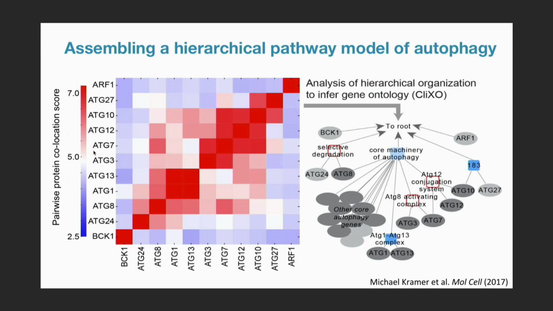Having done that, we can now look at the cluster structure in these matrices, or networks equivalently, that one can construct. Many people in this audience are very good at looking at these heat maps. At some point in your bioinformatics career, you become very good at it, and already the eye can see that there is a cluster here, ATG 27 and 10. But look, ATG 10 is in an overlapping cluster with 12 and 7. 7 also participates in 2 clusters. So already that rules out 99% of bioinformatics algorithms to cluster data, which partition a set of objects. They don't allow an object to go into multiple clusters.